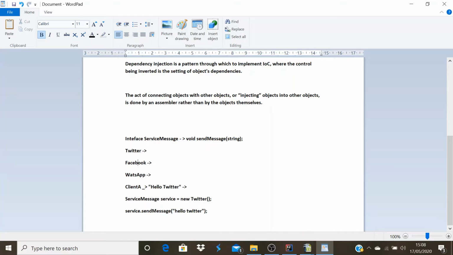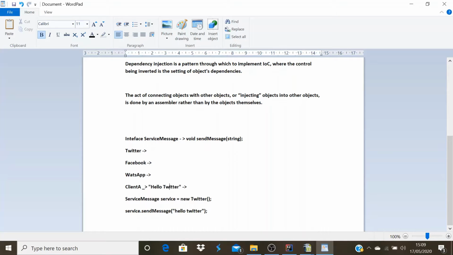I want to create a client application that sends a message to Twitter. To send a message to Twitter in my client application, I need to create an object first, by which I can invoke sendMessage.